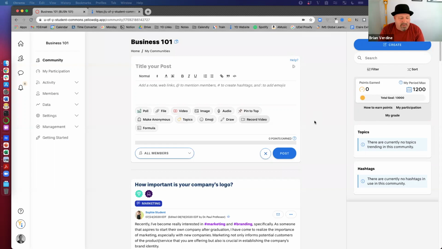Yeah, so we have a few different recommendations around that. One of the reasons that we suggest people shy away from prompts is not because we think it's bad to occasionally direct students' attention to a specific thing or to encourage a specific conversation, but because we don't want students to have the expectation that they come just before the deadline for that conversation to end, and that the only time there's going to be action in the community is right before that conversation ends and the next one starts, right? So it's the deadline and